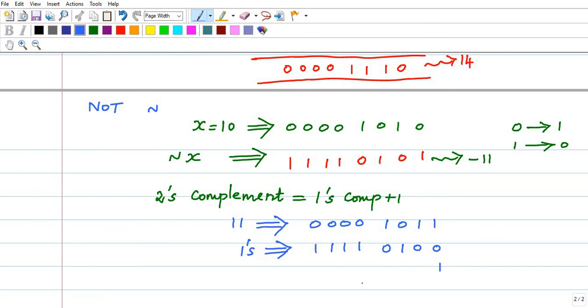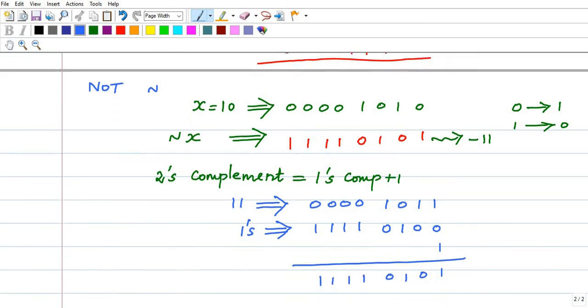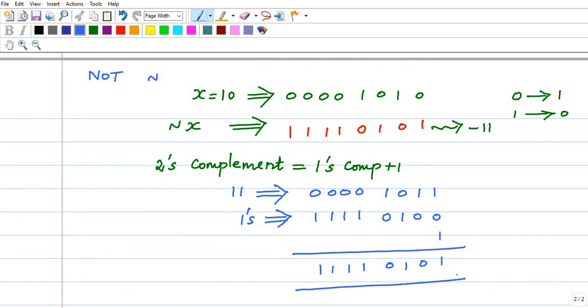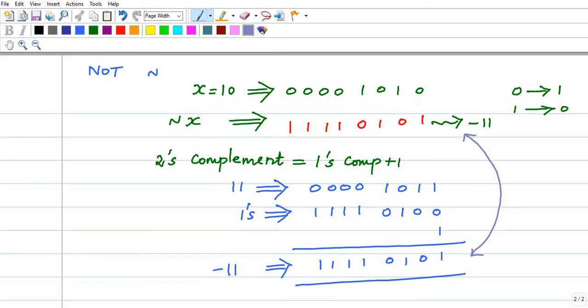With this I need to add 1, so 1111 0101. This is the answer for minus 11. If you compare these two bit sequences, they are one and the same: four 1s, then 0101. This is the reason we are getting minus 11 as the answer for the not operation.